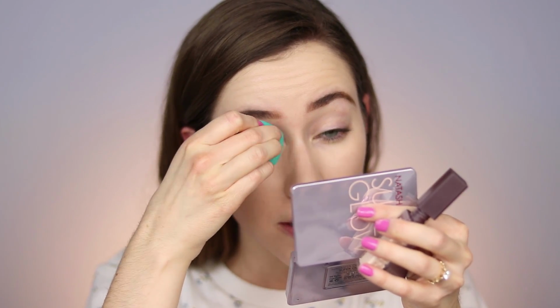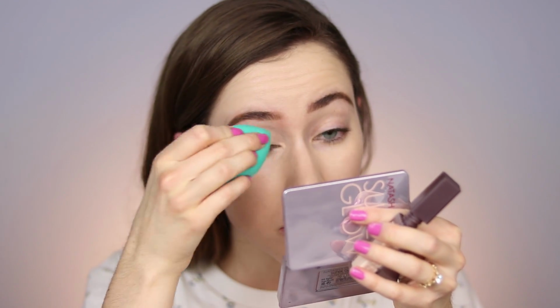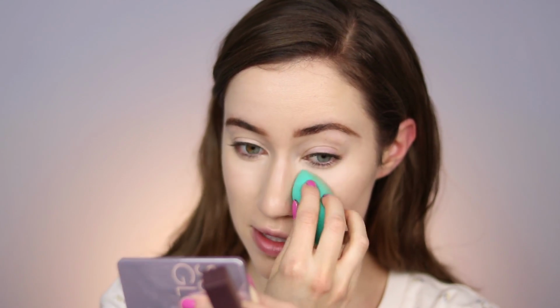I'm going to take what's left of this and apply it to the eyelid. The consistency is so interesting on this. Almost like it's a paint or something. It's much more tacky, much more wet feeling, but then it does blend out pretty nicely. So I was going to use the concealer over blemishes, but I feel like it would be too light, so I might just skip concealer over